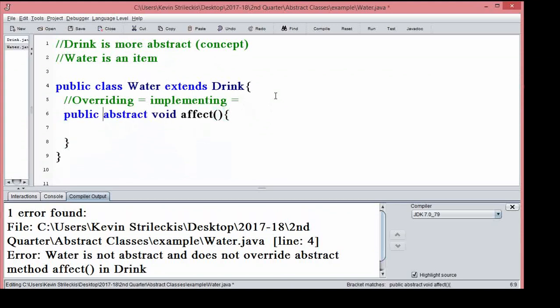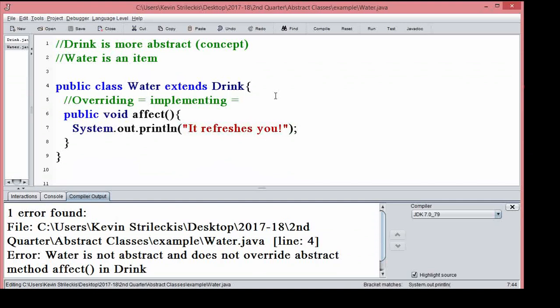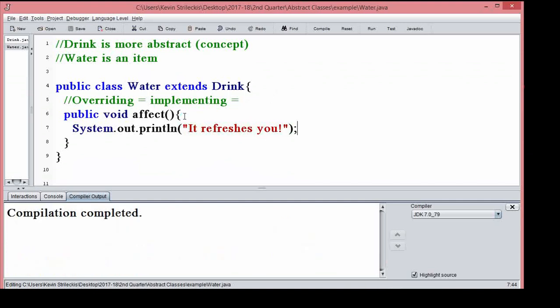Like this. If I make it not abstract, and then I do that, there we go. So if I do that, now Java says, oh, I totally know what effect does now.